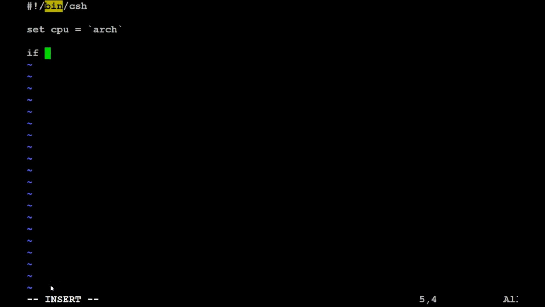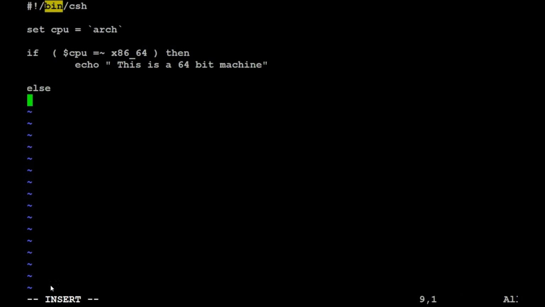If $CPU is pattern matched, equal to tilde, x86_64, then echo this is a 64-bit machine, else echo this is a 32-bit machine,